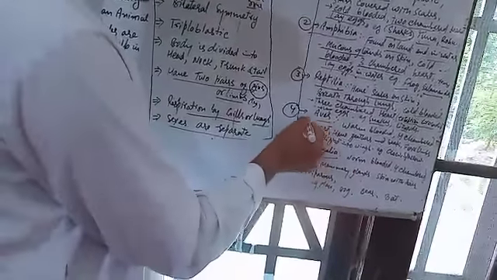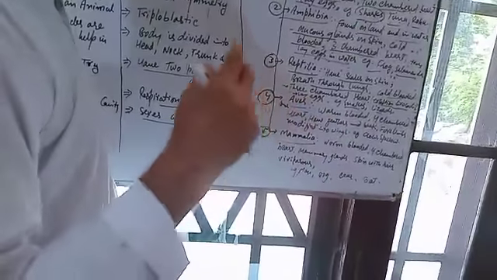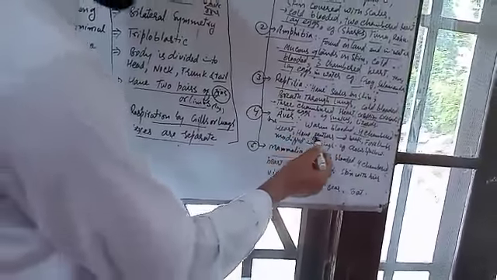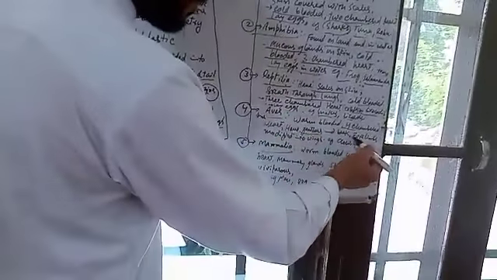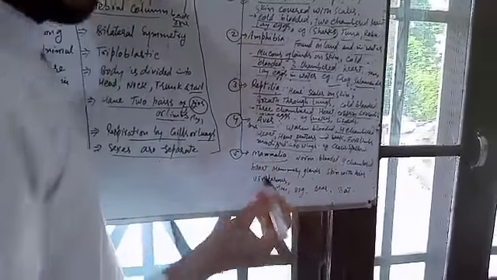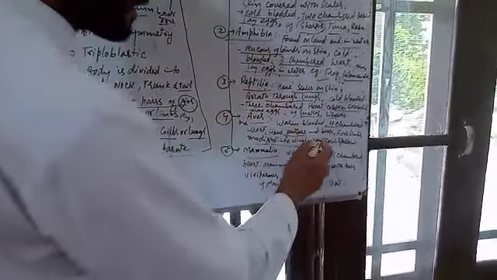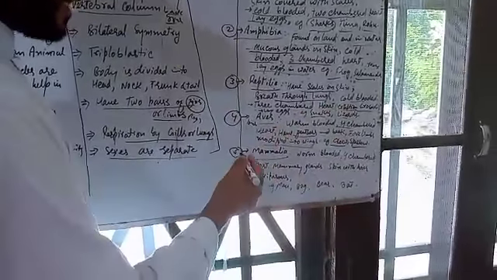Next is Aves. Aves means birds. Birds are warm-blooded. What are warm-blooded? They do not change their body temperature, but they have a fixed body temperature. Have a four-chambered heart, two auricles and two ventricles. Have feathers and beak. Forelimbs modified into wings. Those limbs which are present at the front side of the body are modified into wings for flight. Examples are crow, sparrow, nightingale, ostrich, etc.